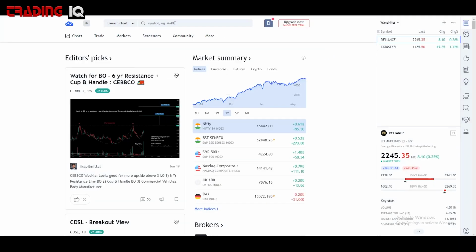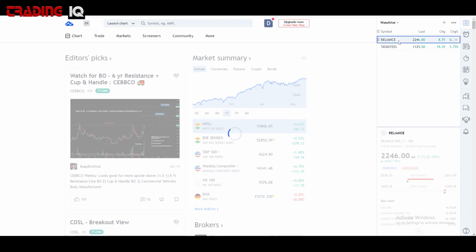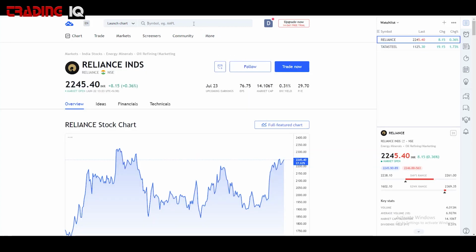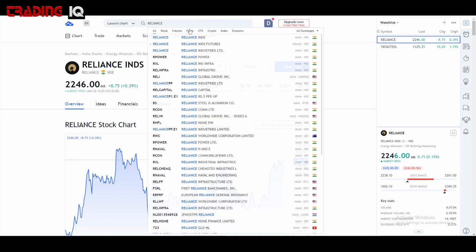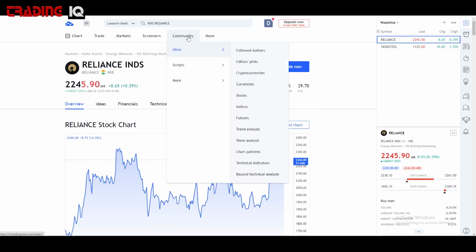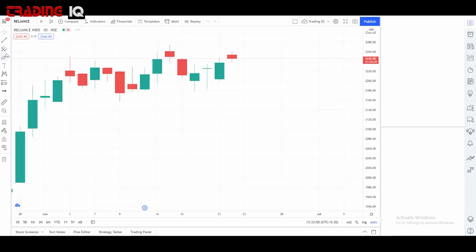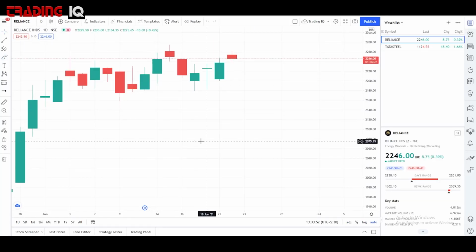Okay. Now, for the purpose of today's video, let's search the big brother in the market, Reliance, which I already have in my watch list. So let's simply open it. Or you can just simply type it down, Reliance, and Reliance Industries is the top one, and you would open that one, right? Now, once I open this chart, I see,